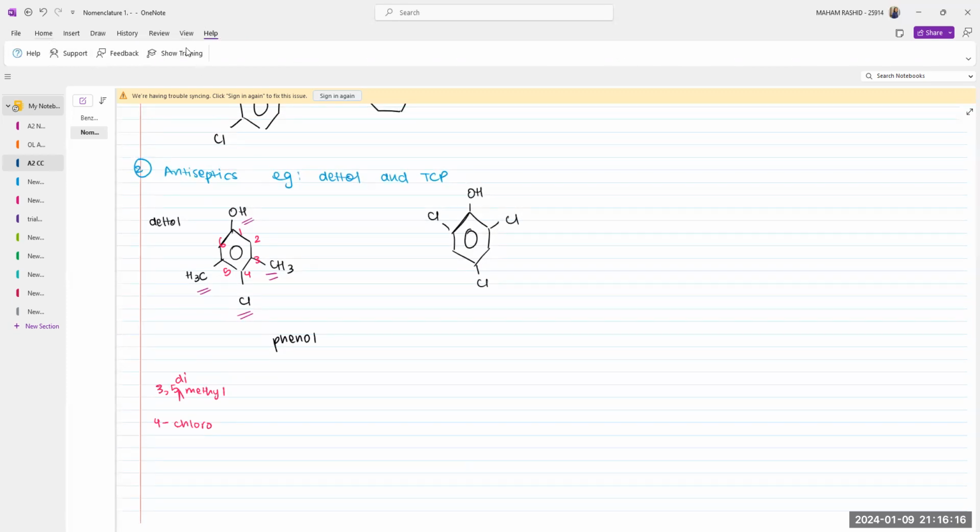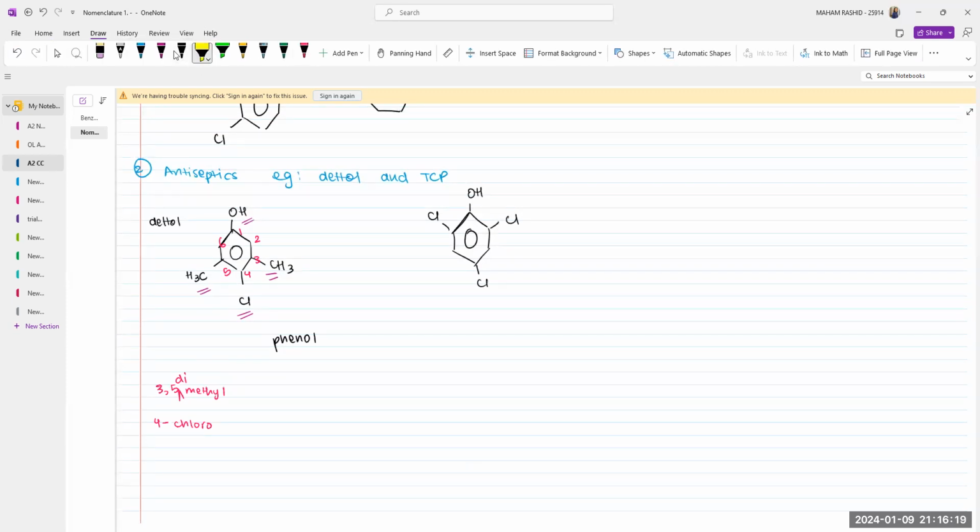Now, how do I know if I need to place my methyl first or my chloro first when I'm naming it? This is done through alphabetical order. So there's a C and there's a D, right? Which one comes first? The C. So we're going to say there's going to be 4 chloro, 3, 5 di